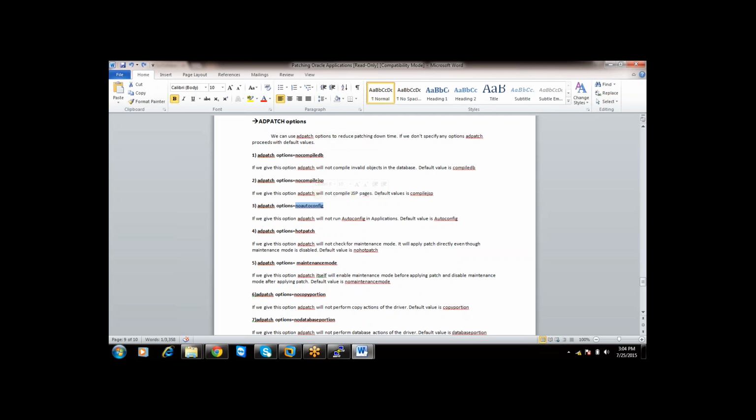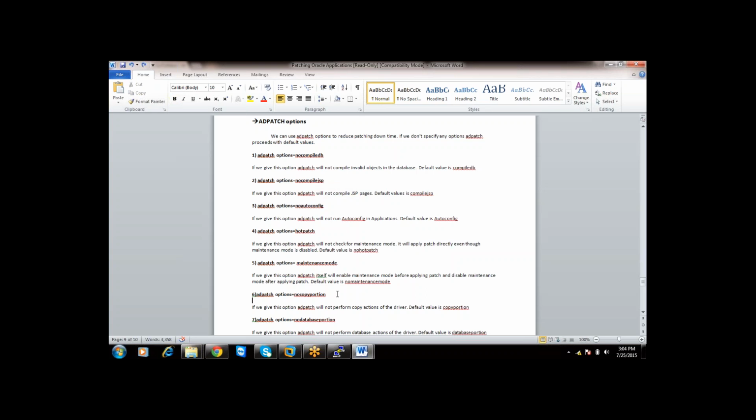So what you have to do is skip autoconfig for the first 9 patches, and for the last patch you just give options equals to autoconfig, or else you just leave it as it is. The default is options equals to autoconfig, right? So for the last time it will run autoconfig, and whatever configuration level changes it wants to do, it will do. So you are saving 4 hours of downtime. This is just an example, to reduce the downtime.